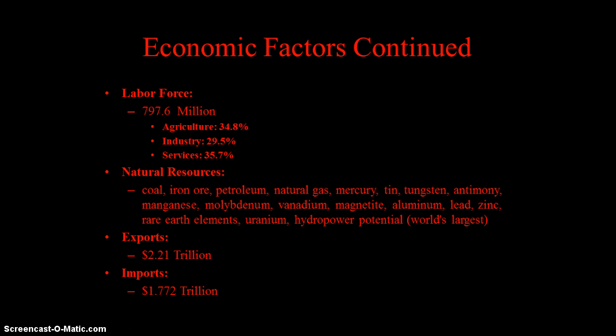As far as imports go, some of the main commodities that China imports are electrical and other machinery, oil and mineral fuels, nuclear reactors, boilers and machinery components, optical equipment, metal ore, motor vehicles, and soybeans. Some of their main import partners are South Korea, Japan, Taiwan, the United States, Australia, and finally Germany.